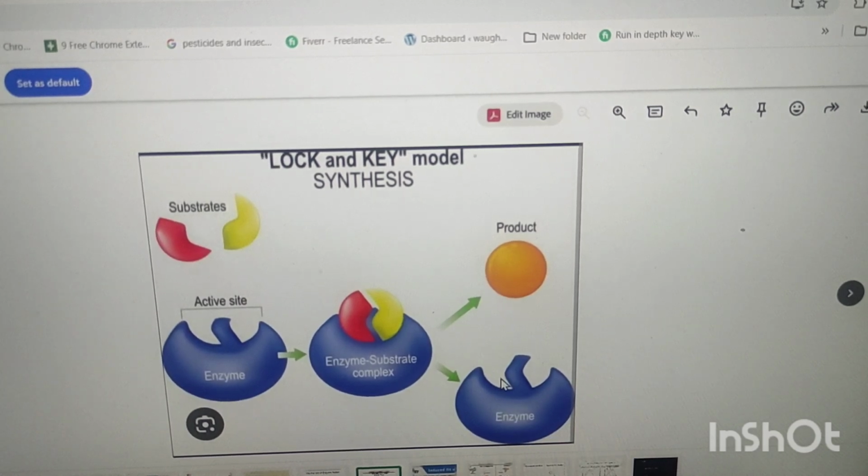When they convert into product, the product separates itself, and the activator or cofactor also separates itself. Then the enzyme-product complex will be formed, and after the formation of the products, they separate from the enzyme, the activator also separates from the enzyme, so the enzyme's shape alone can be noticed.